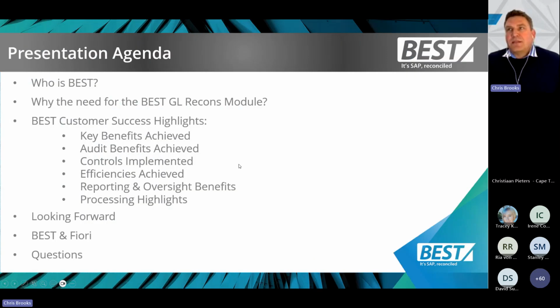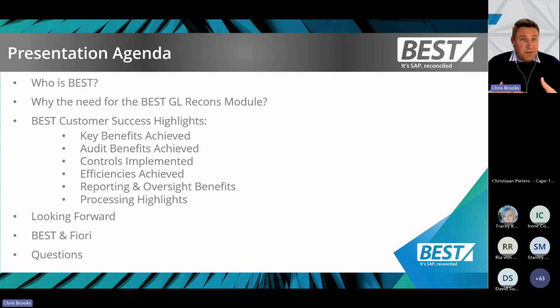So just to look at the agenda in terms of what we'll be covering in the session is just an introduction as to who exactly is BEST. I'll also talk you through why we have seen the need for a BEST GL Reconciliations module inside of SAP. And then I'd like to take you through some of our best customer success highlights. So looking at the key benefits that they managed to achieve, some of the audit benefits achieved, as well as the controls that they were able to implement into their month-end reconciliation process.